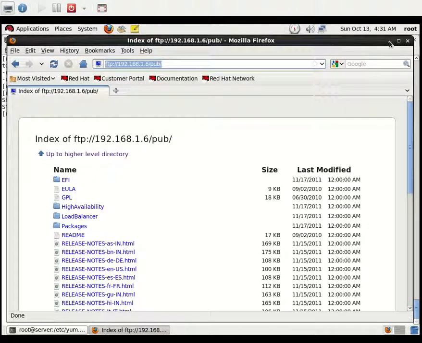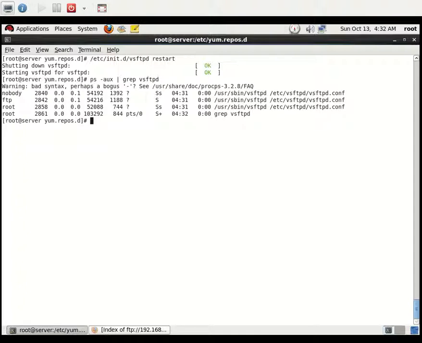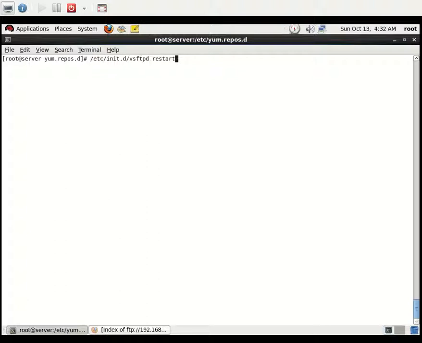One thing we need to do after the installation of the vsftpd RPM is restart the service: /etc/init.d/vsftpd restart, so that the vsftpd service will run. If you want to check whether it's running, I can use the command, running as the root user. And we want it to run automatically each and every time after the system reboots.